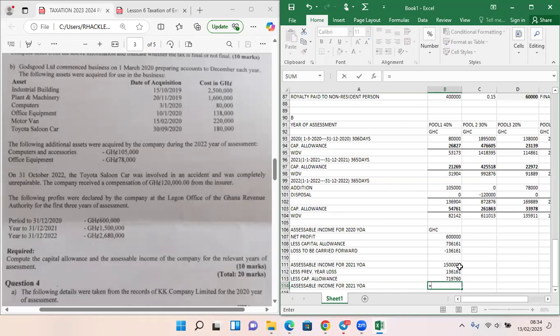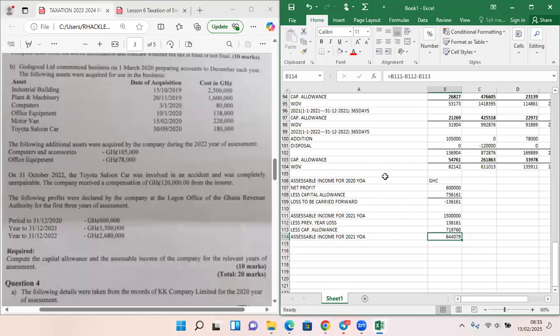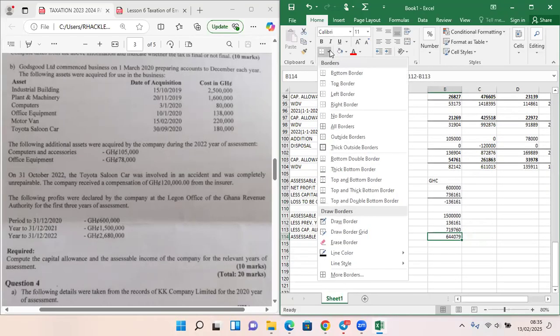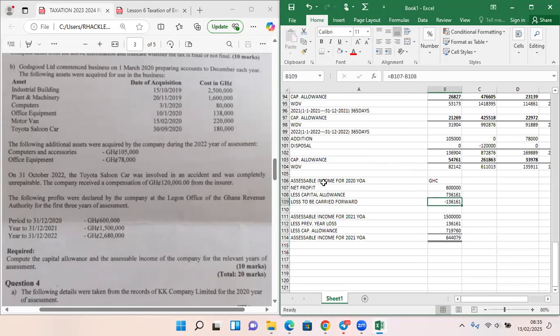Going to be this minus this minus this. And let's go to